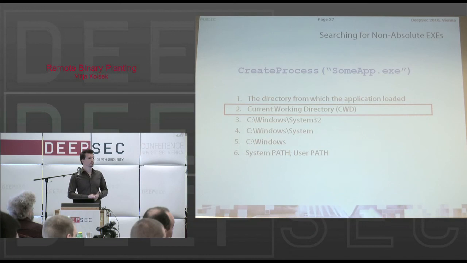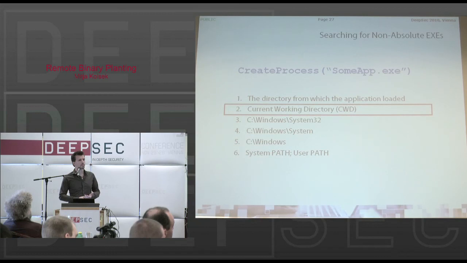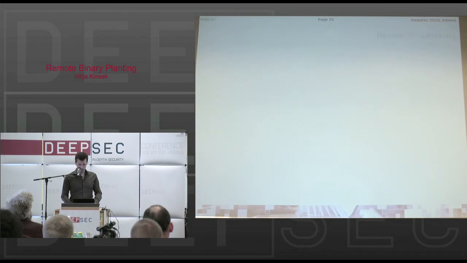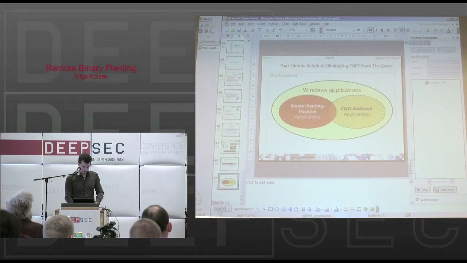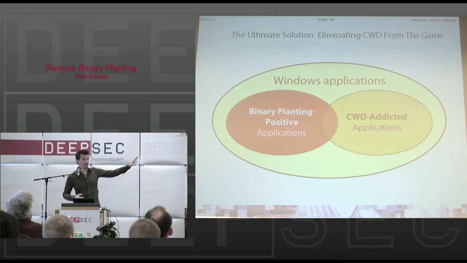To add on this, you said you found 100 or more applications which are vulnerable, and you gave a list of reasons why they should be vulnerable. Do you have any check of how many of those are vulnerable just because they're checking for some DLLs, and how many are really vulnerable because they actually use this feature? No, we were just looking for those that are vulnerable. But what you're asking is probably this. I have an extra slide for this.